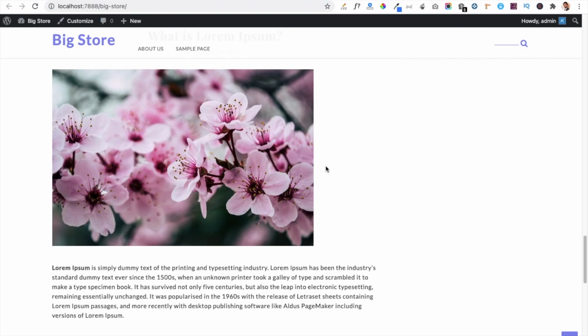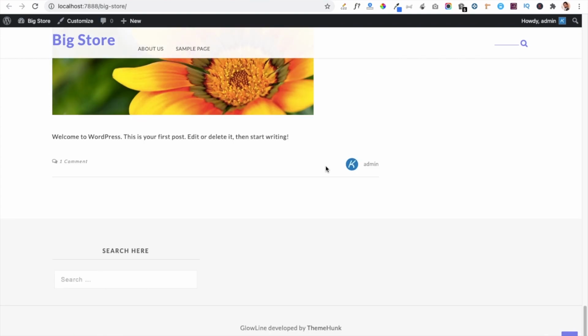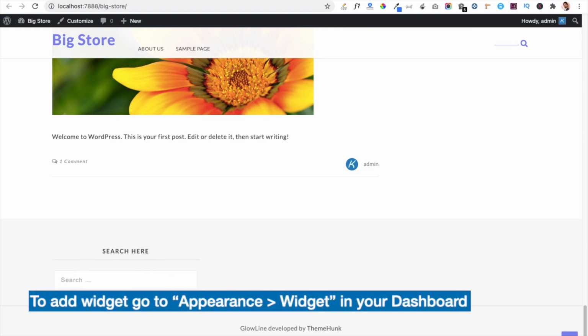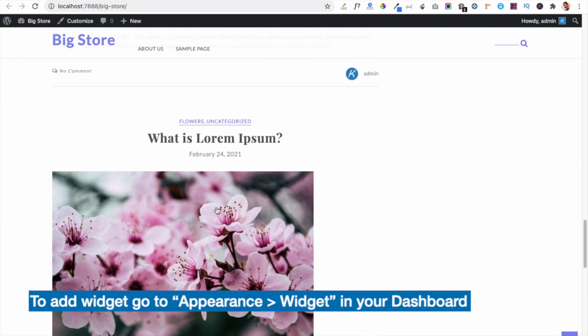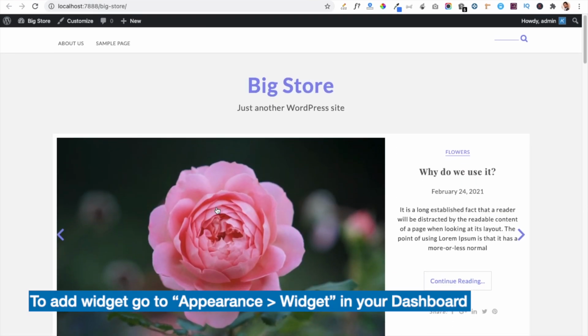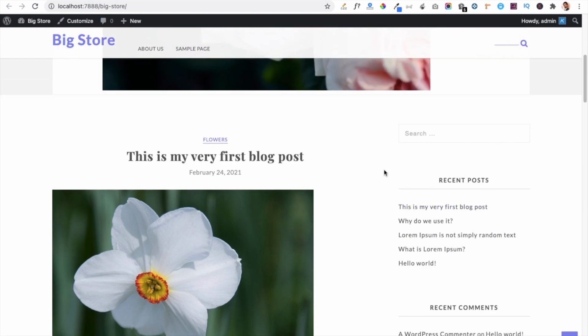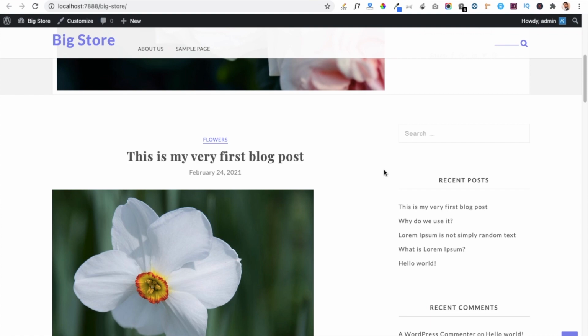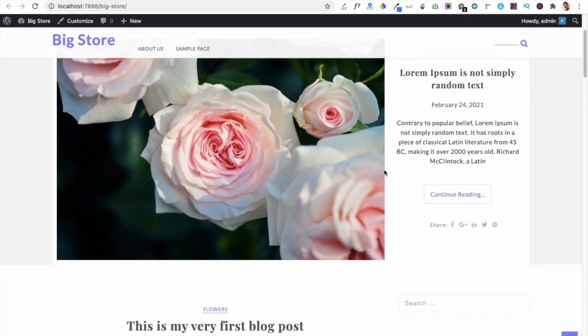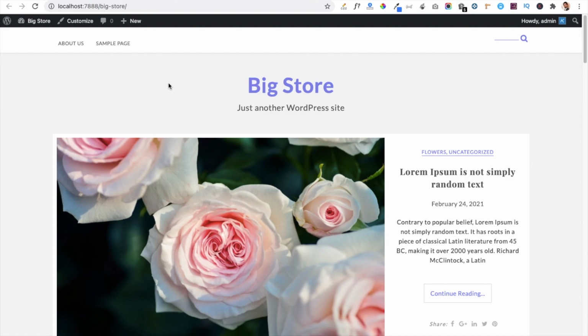And after that, at the end of the page, you can see this is the widget section. We have 3 widget sections. Currently I have added only a single widget here, so I will discuss how we can add widgets. And one more thing, you can see this is the sidebar section where you can also add your widgets, or you can add some content for notifying your users about important notifications or anything else you can add here.